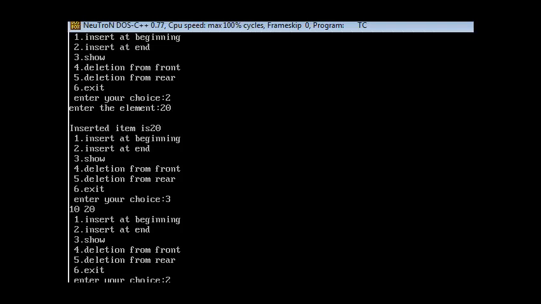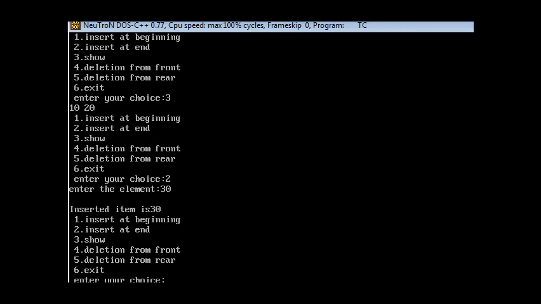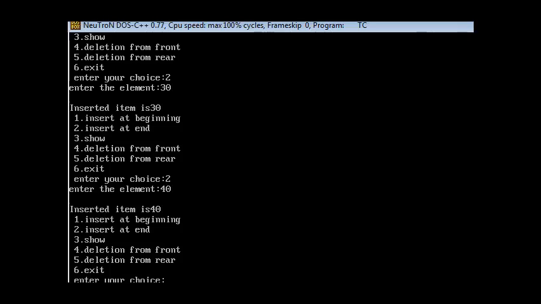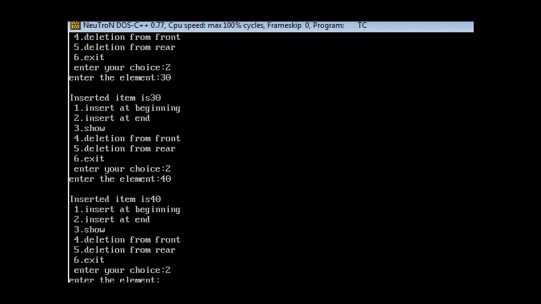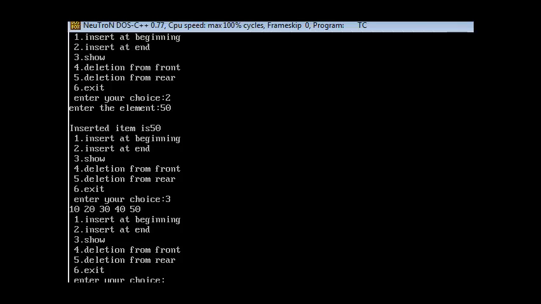Now suppose I want to insert one more element at rear end. Insert the value 30. One more element at rear end, value 40. One more element at rear end, value 50. Now display the values using 3, show: values 10, 20, 30, 40, 50.